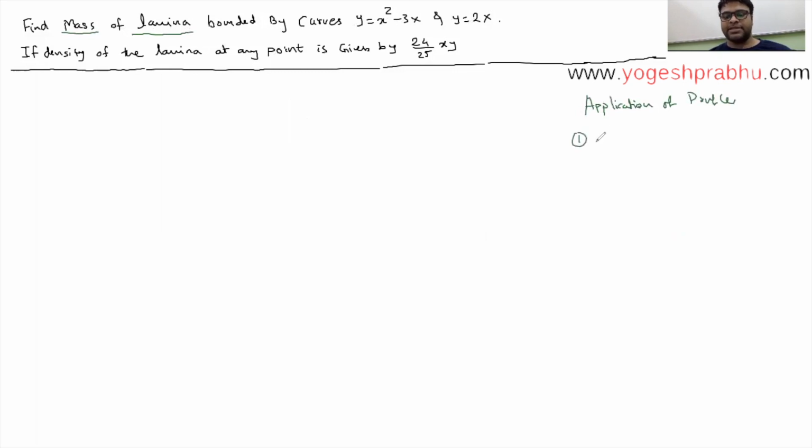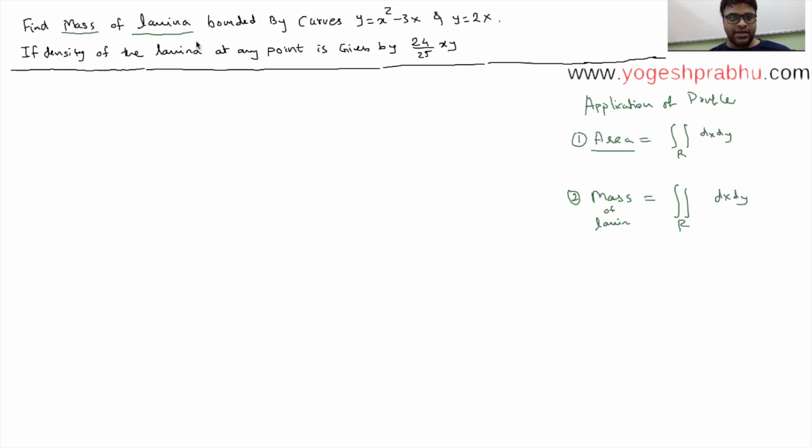The first application is we can find area by using double integration, and the formula is double integration dx dy, and then you evaluate this integral over R and you will find the area. That's the first application. The second application, you can also find out the mass of a lamina. And if you want to do that, the formula looks pretty much the same, double integration over R dx dy,